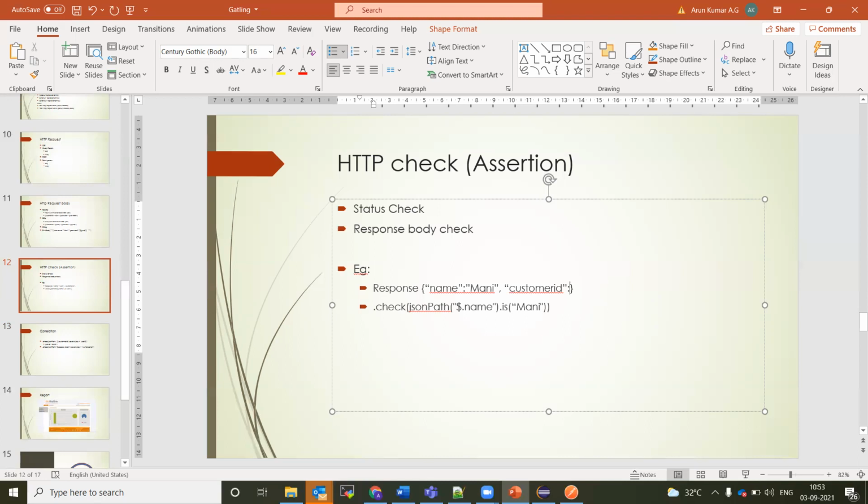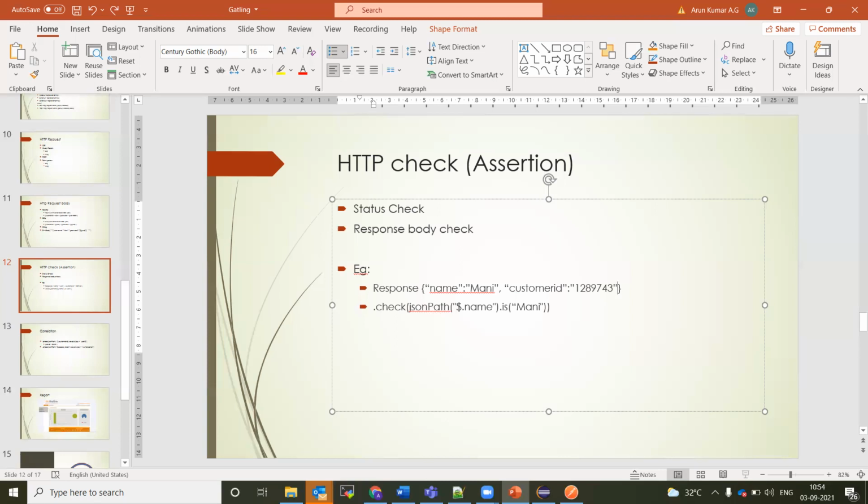Arun, what my question was: whatever you're doing is correct, because you're getting the response from the endpoint and validating whether it is correct or not. If it matches, then it is good. You're verifying what you expect versus what the actual value is, right? My question was, if the response object is bigger, how do we write that bigger response object to check and validate the actual versus expected result?